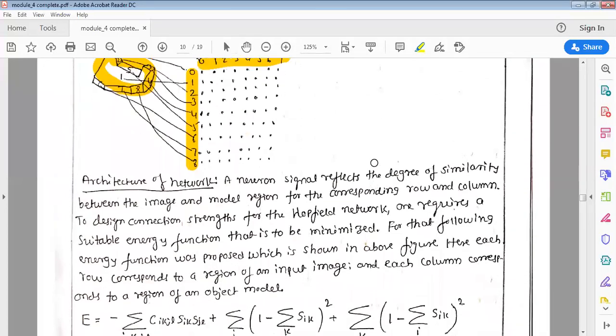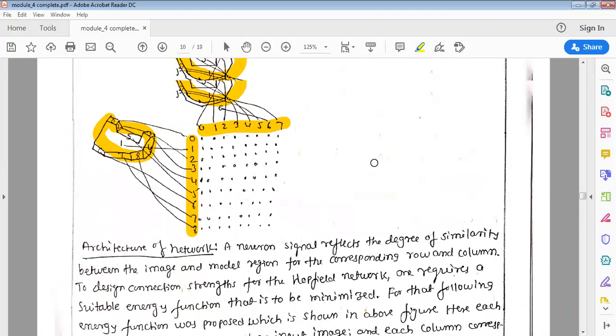Sir, how will it assign values for each surface? See here, I have assigned 0 to 7 or 8 or something like that. You can start from one particular value. Let us say from the top, you can start from 0, or you can start from the bottom. Wherever there are edges, the value should change. If this is one separate part and this is another separate part, you should not assign the same value to both of them. You should assign different values. Where you can make separate surfaces, for each surface you assign a particular value.